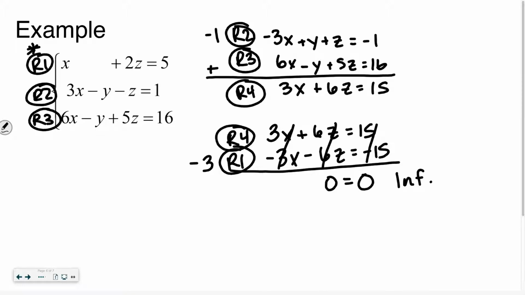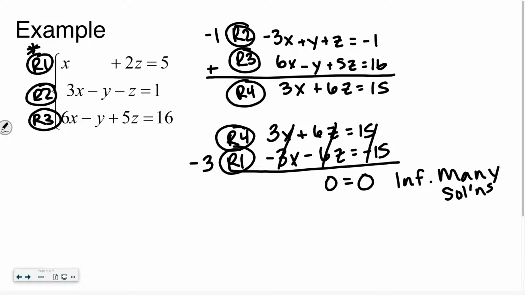Infinitely many solutions. What's the other option that you sometimes get? No solution. How does it look when it's no solution? 0 equals a number that's not 0, right? Like 0 equals 5. I feel really bad about that. I'd rather have $5 than $0, so they're not equal. So when you get an untrue statement at the end, 0 equals something else, that's no solution, and you would